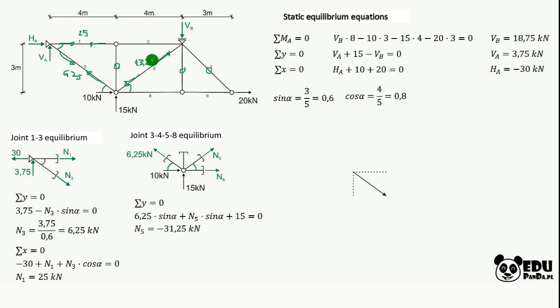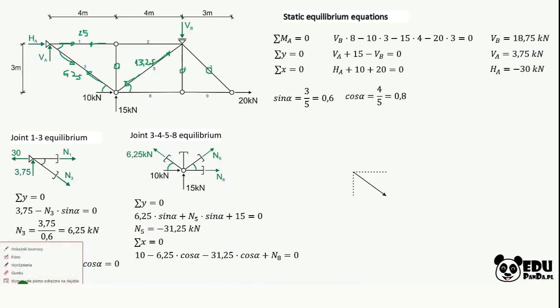And from the sum of projections along the x-axis, we calculate that 10 to the right, minus 6.25 times cosine alpha, the horizontal component, minus 31.25 times cosine alpha. So this force N5 came out negative. So the sign goes the other way. If you want, you can also mark here that it turned out that N5 acts in the opposite direction. It's just a bit dangerous to mark that here, because then I would have to change it to positive. But since I've already marked it on the graph as negative, in any case, it acts not as I marked it, to the right and up,